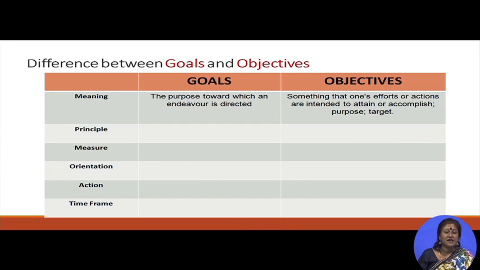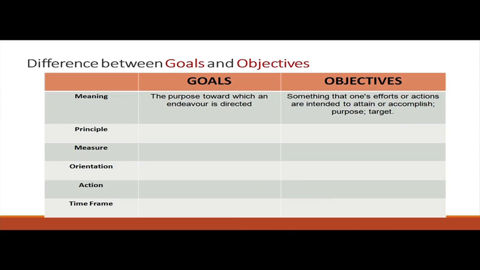Objectives is something that one's effort or actions are intended to attain or accomplish, a purpose or target. So, from the principal point of view, goals are based on the ideas of the teacher, this is the goal, and objectives are based on the facts, whatever they have to do. From the measure point of view, goals may be strictly measurable or tangible, but